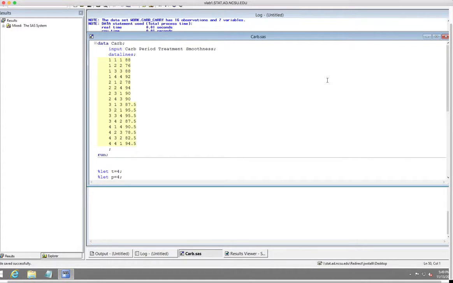In this video, I'm going to show you how to analyze a repeated treatment design where we have S subjects, P periods, and T treatments. So it's important that you identify those parameters in your data set because you have to enter them yourself. In order for the code that I'm about to show you to work, your data have to be structured